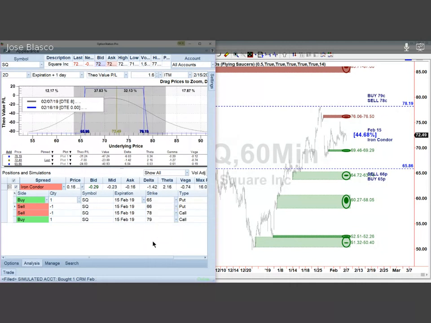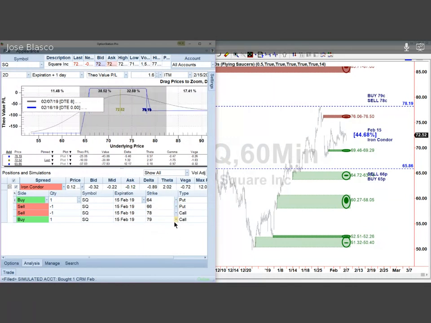Okay, so what happens if we do that? Well, if we do that, it's not ideal because we get paid $23. Okay, and so again, we need to spend time in our sharpening sessions to get deeper into all of this. But one of the rules that we will use is to not do iron condors for less than $50 a condor. So in order for me to gain more premium, I'm gonna have to widen my strikes to 64